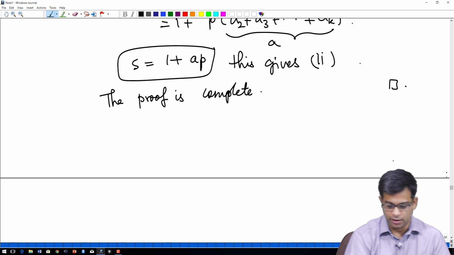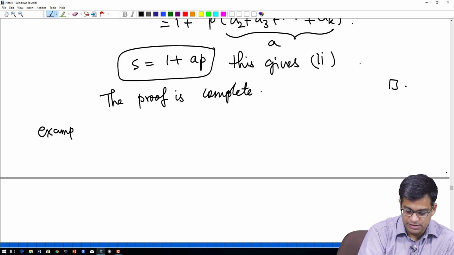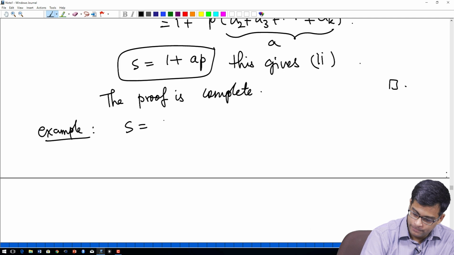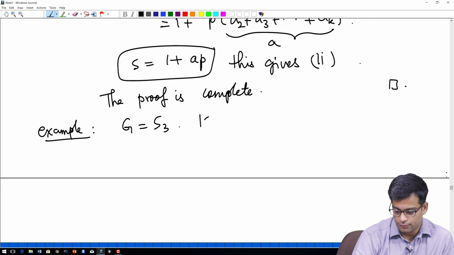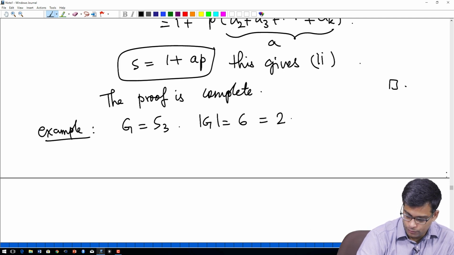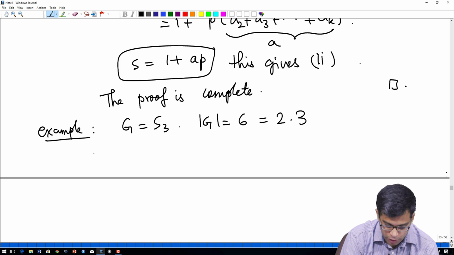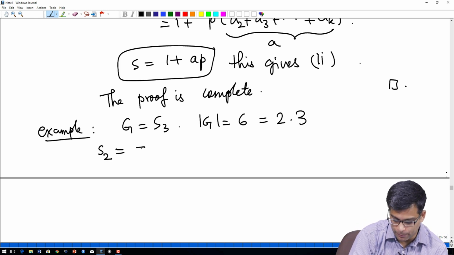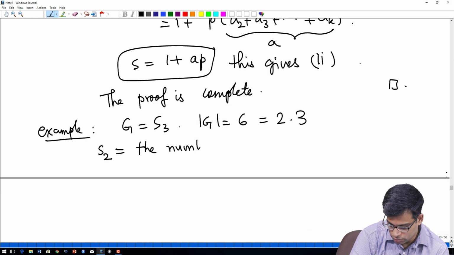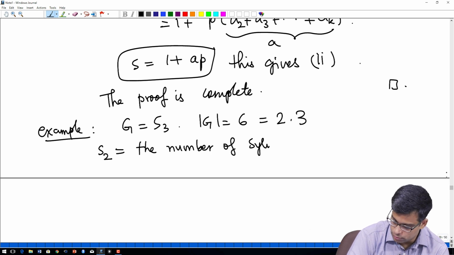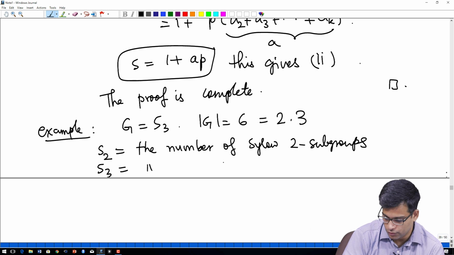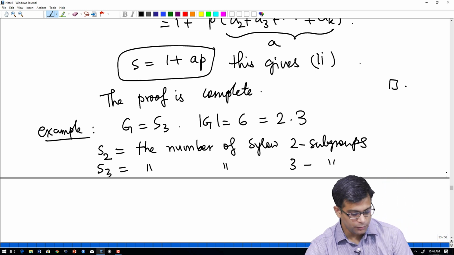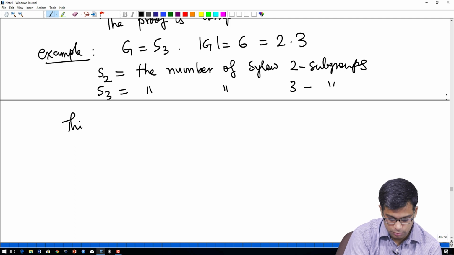Okay. So let us again look at the example of S3 that we have seen before. So here of course the order of S3 is 6, which is 2 times 3. Let us denote by S2 the number of Sylow 2 subgroups, and S3 is the number of Sylow 3 subgroups. The third Sylow theorem says